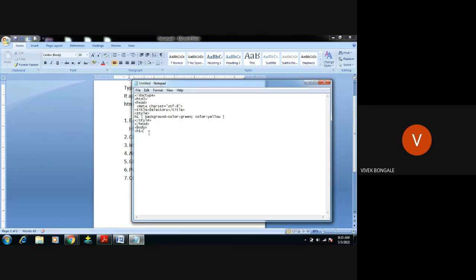H1, with a statement like SVIT is in Bangalore. I will close the H1, close the body, and close the root element.